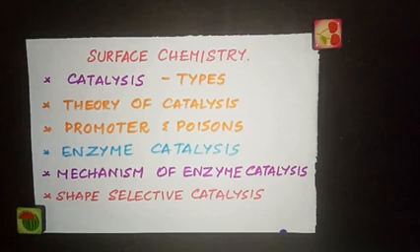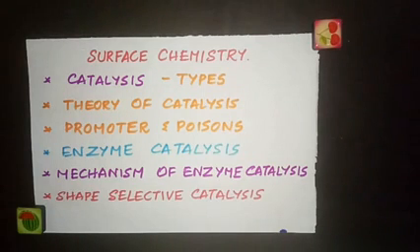You would have come across a lot of chemical reactions. Let me give you an example. When you take hydrogen peroxide, which has the formula of H2O2, it decomposes to give water and oxygen. But this process happens for a month for the entire hydrogen peroxide to decompose to give water and oxygen. But if you add a catalyst, for example, potassium permanganate, the reaction speeds up. So the role played by the catalyst here is to speed up the reaction.